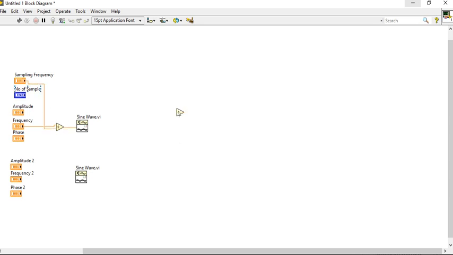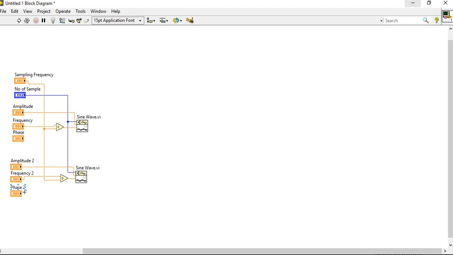Same concept we'll use here. Amplitude, amplitude, and the number of samples will be the same for both.